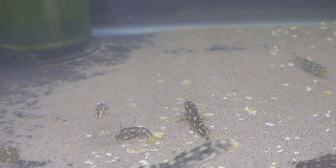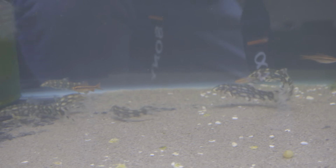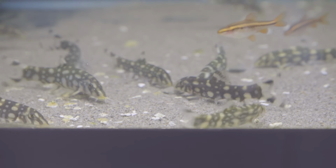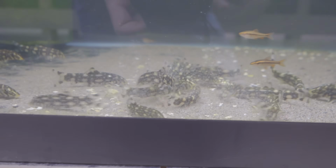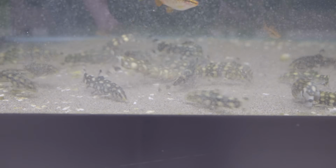And I want to see if we can hear this. This is one thing I really like. I'm going to drop a couple algae wafers in there, and they click when they feed. Listen, see if we can hear this. I hope the camera's picking up that noise, but they actually absolutely go into a mob for feeding, and they